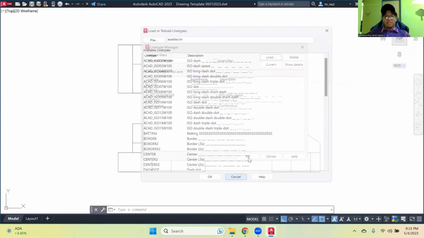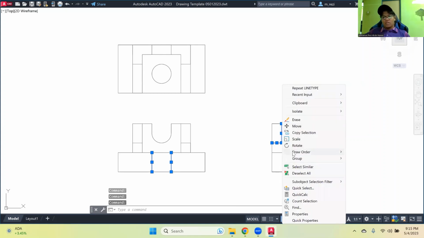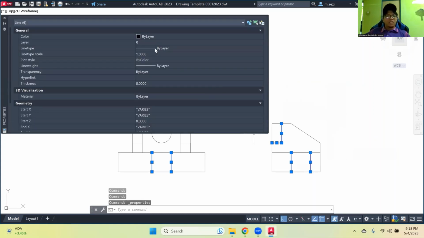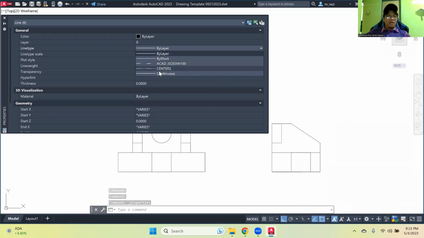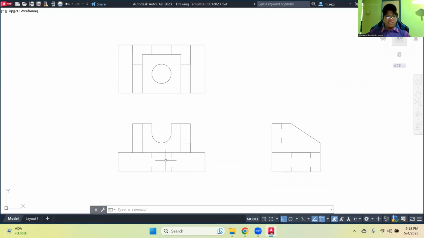Okay, I'm going to cancel. I hit OK. Now what I'm going to do is click here, here, here, here, and then here. So you right click, properties. Line type is this line. Now, as you can see, they become a hidden line, but